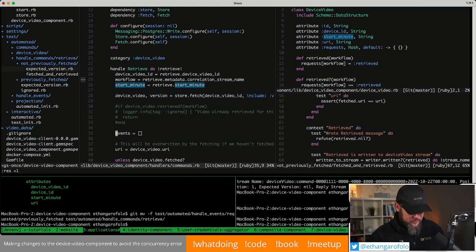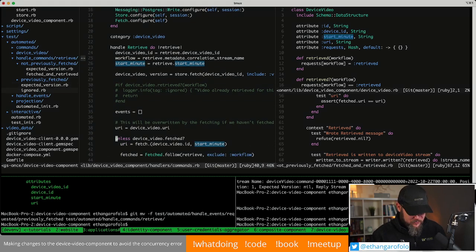For this handler, though, I don't think we need a separate ignored in the not previously fetched case, because the retrieved and the fetched are written atomically. And so we'll never have the case where it was fetched but not retrieved. It will either be fetched and retrieved or not fetched at all. And so in the way that it's coded right now,